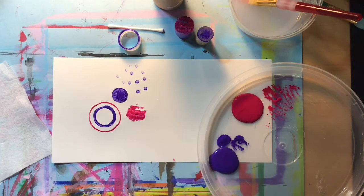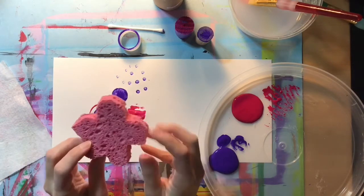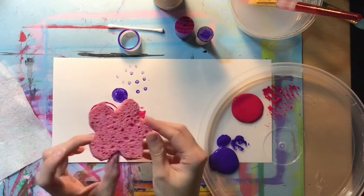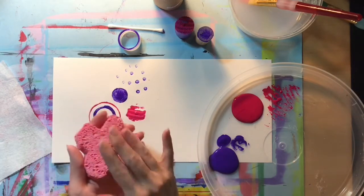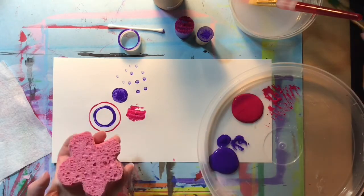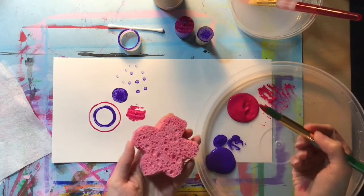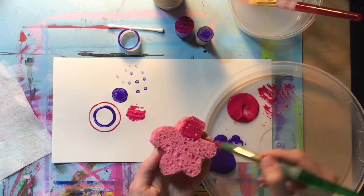And then the last thing I want to show you, this is really great. So you get just regular kitchen sponges, and when you first buy them, you want to cut them into whatever shape you want. So this is sort of a flower shape that I used for a different project. But what you can do is either stamp this right into your paint, or you could even paint the sponge. So younger kids are probably going to want to stamp it into a tray, but just for the sake of this, I'll show you that you can apply paint to the sponge,